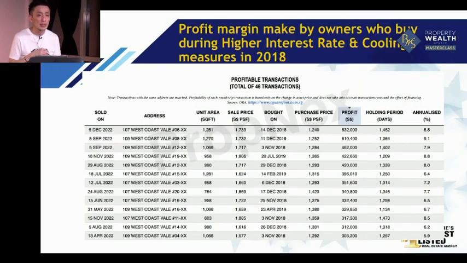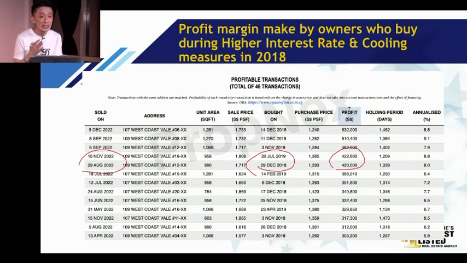They make the profit. Just like here, you look at these people, 2018, 2019, they bought the property, they made 400,000 and sold in 2022. 4 years, they make the money. 3 years, they make the money. Why? They buy when people dare not buy. That's why I'm telling you guys, if you really follow us in this community, you will know exactly how to buy property at the right time, because you know exactly how it works.